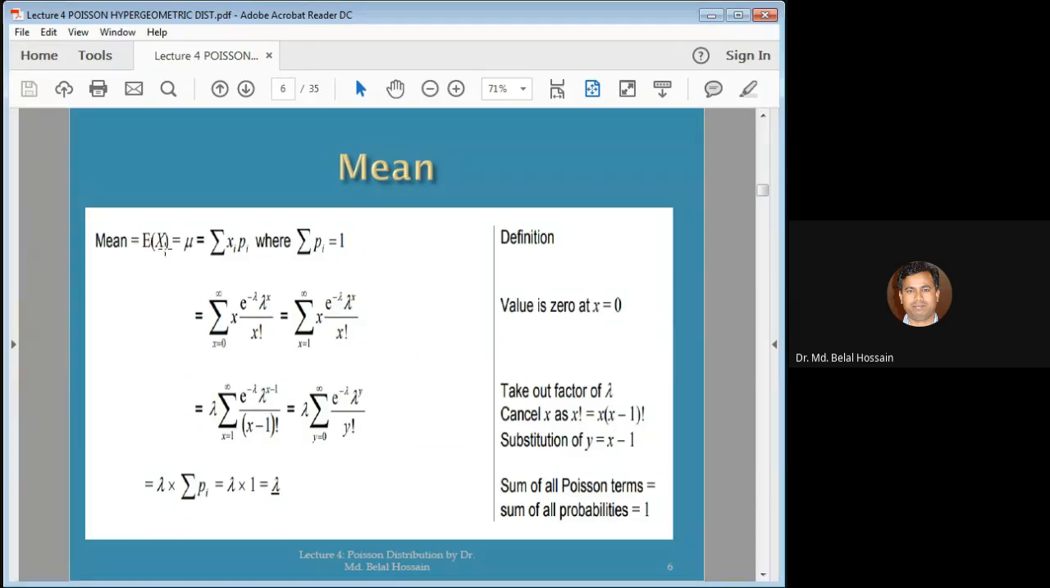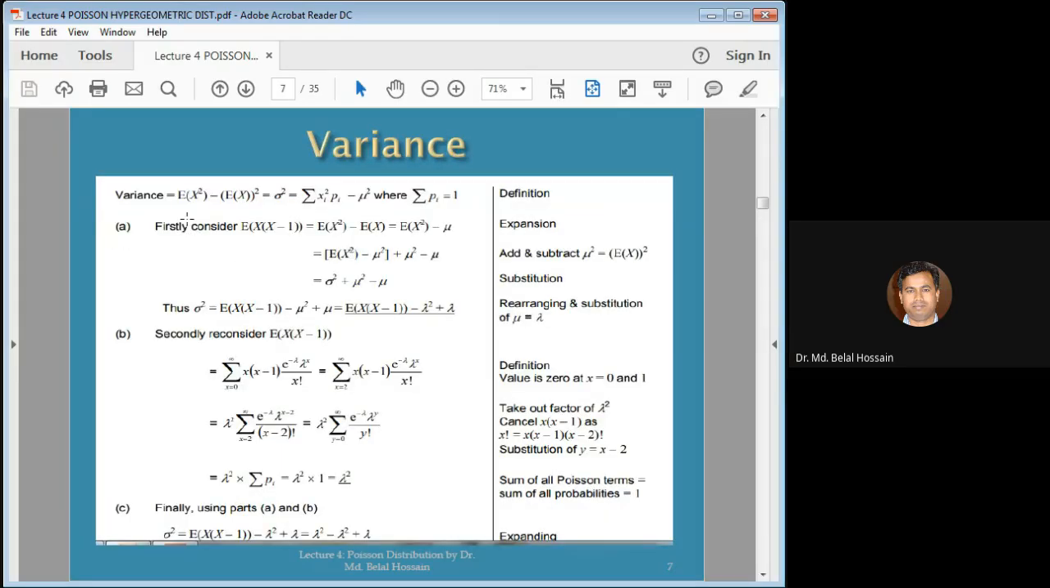Expected value of x is the mean, so sum x into p(x), and for variance you have to just find expected value of x square minus expected value of x whole square. So you know it already from the mean, so এটা বের করতে পারলে হয়ে যায়। তো যেহেতু এখানে পয়জন ডিস্ট্রিবিউশন